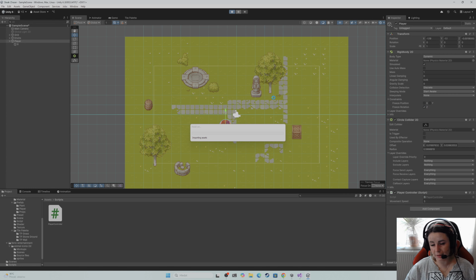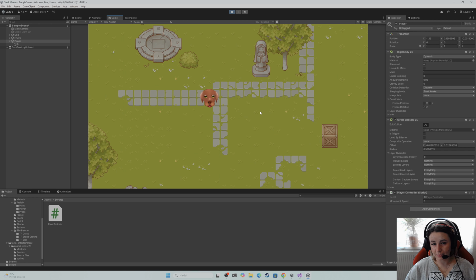Let's check this. Perfect, now that works. And as you could see, it also works with the collider, so I couldn't go through this box, or I couldn't go through these